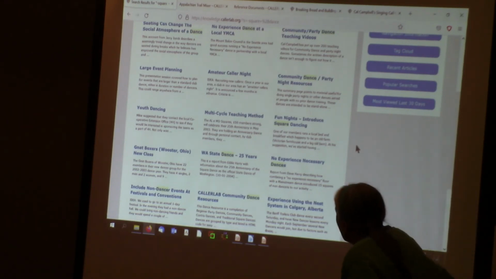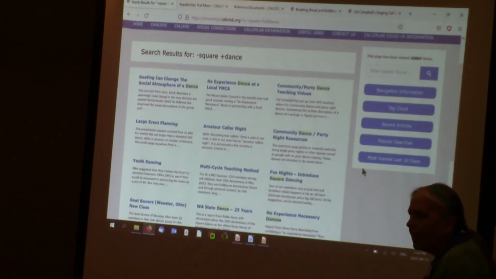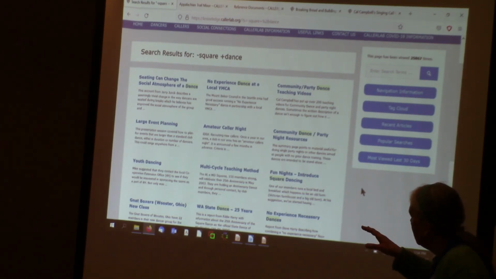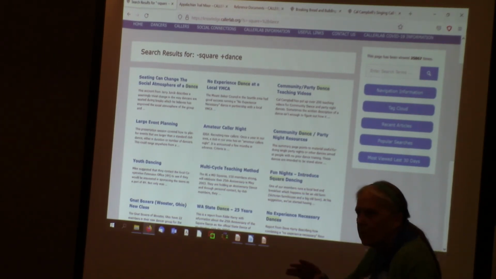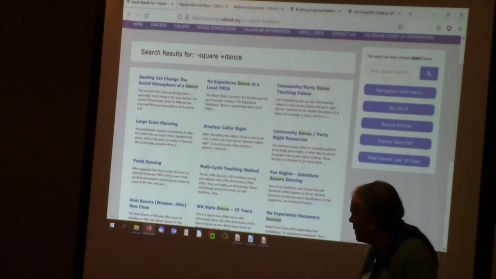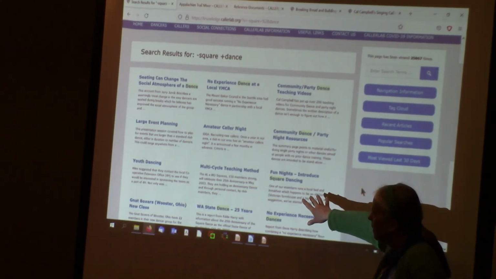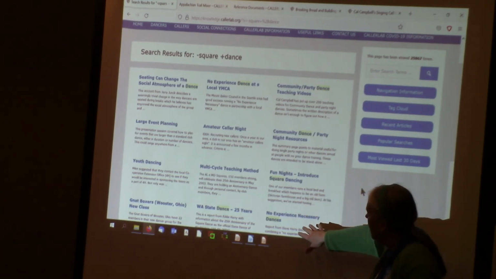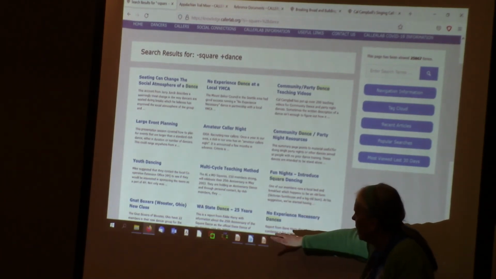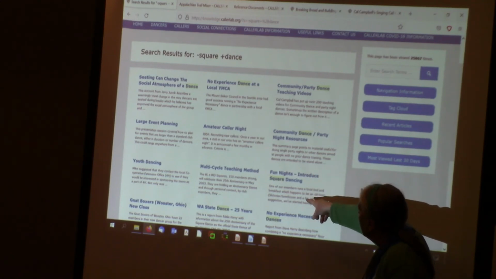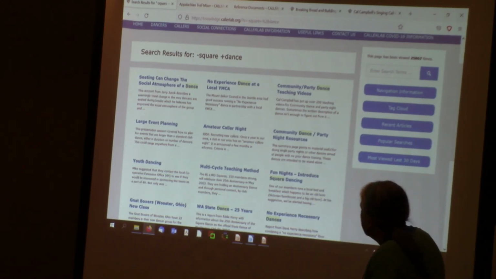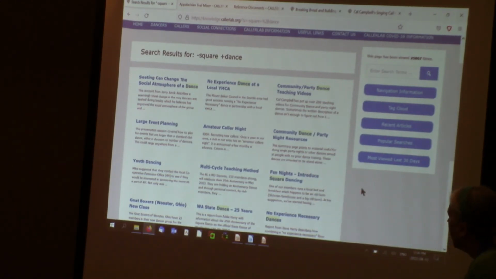CALLERLAB is there. I'm wondering, well, doing that search does not exclude things that have to do with square dancing. All it does is, I don't know, are you just searching the titles? No, it searches the whole articles. Okay, but there are some glitches with the search engine on this, and I've had this happen before where we get odd glitches like this. Because it really shouldn't show you anything that's got the word square in it.